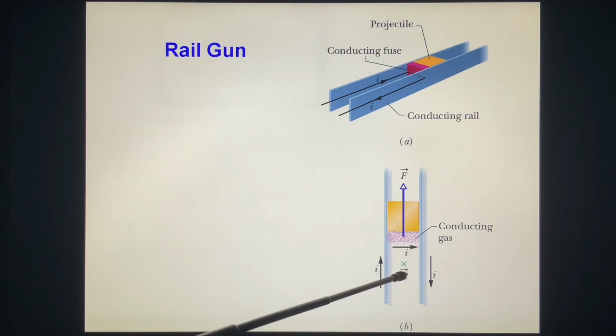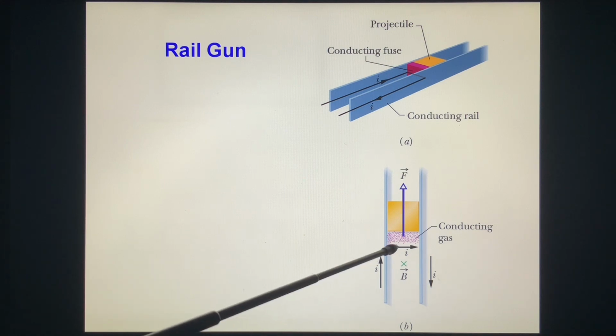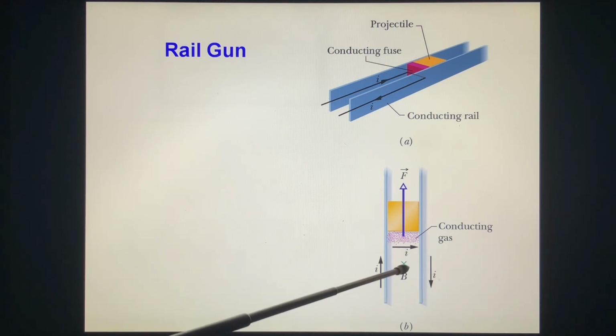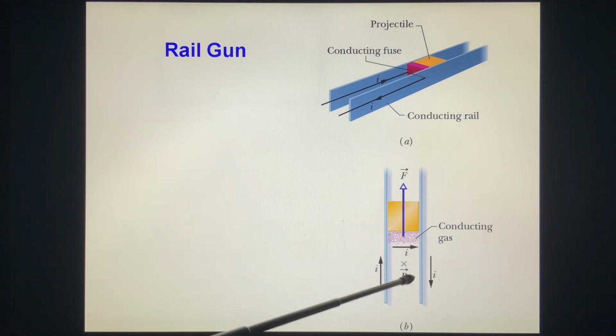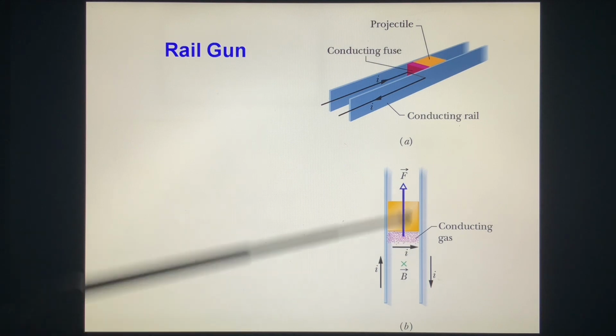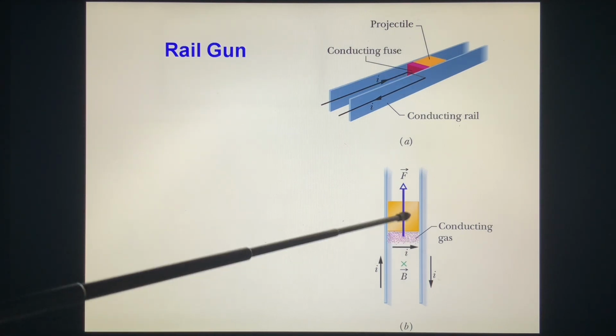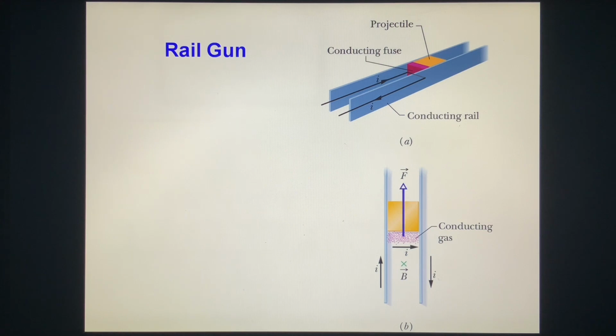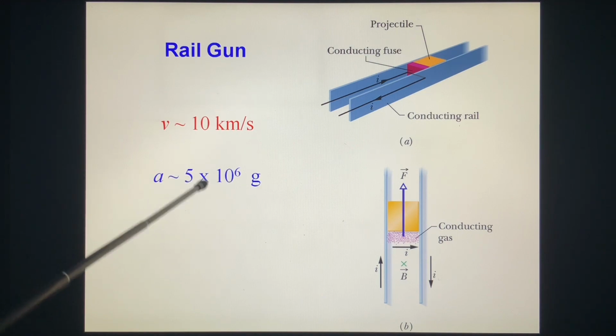It produces a huge magnetic field B into the page. We use the right hand rule, we can find the B. And since you have a current here in the magnetic field B, you get a force. The I L cross B is in this direction. So this force pushes the projectile away. It is used very heavily in the military. The velocity is 10 kilometers per second. The acceleration is 5 times 10 to the 6